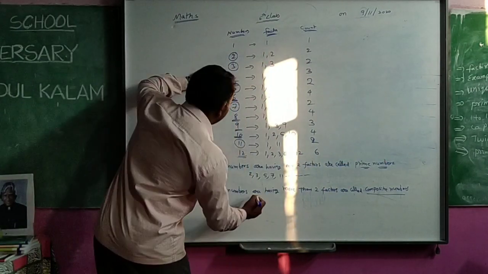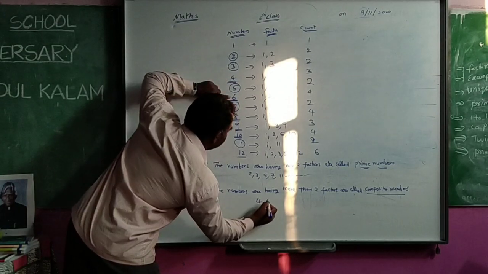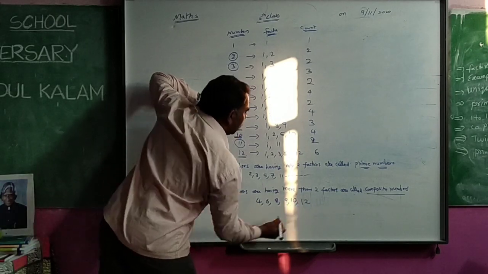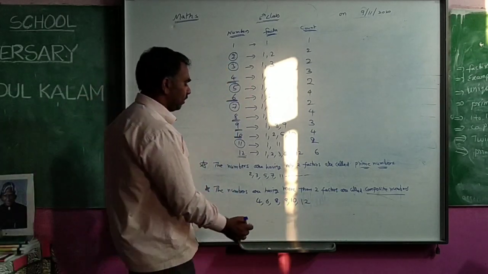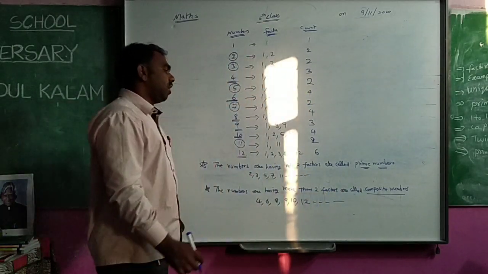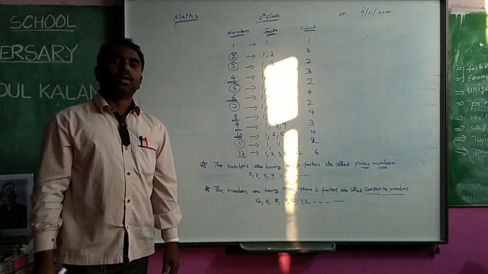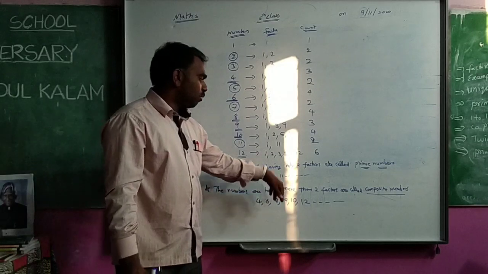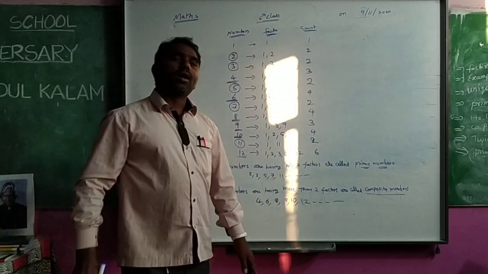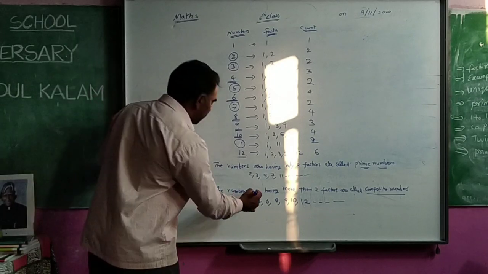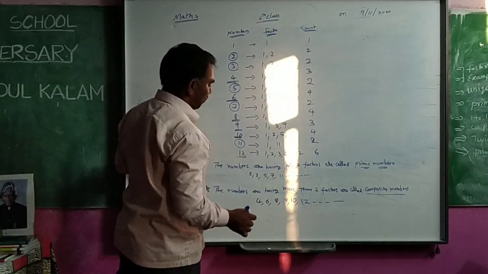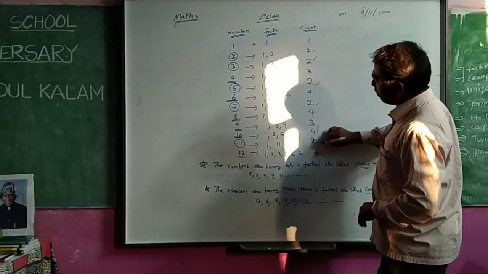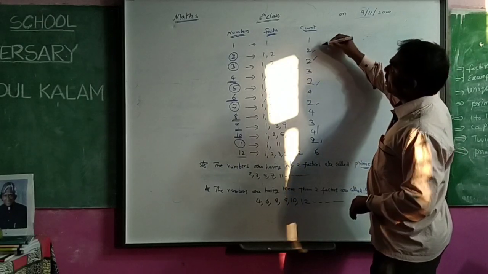You see, this is 4. 4 is having more than 2 factors. 6, 8, 9, 10, 12. These are having more than 2 factors. Like that, so many numbers will come. These are called composite numbers. Which are having two factors, they are prime numbers. Which are having more than two factors, they are called composite numbers. And you see here, but one number is left. Those having two factors are prime numbers. Those having more factors are composite. Then what about the one?